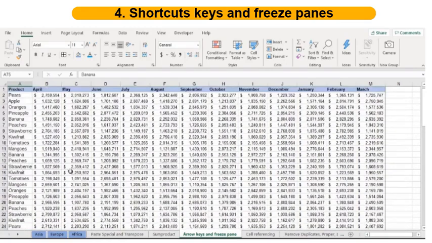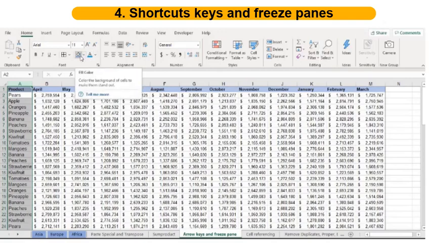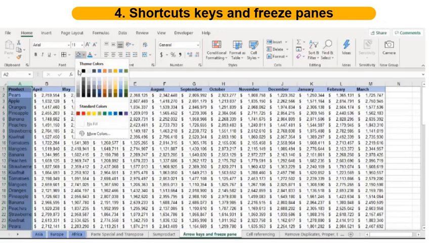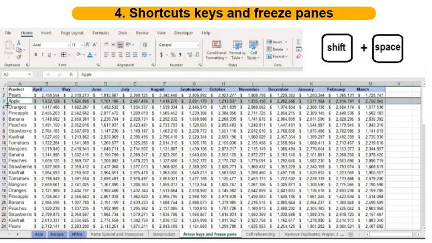So it's easy navigation. Now you want to select the entire column. So you click on the cell and you select Control Space. The entire column will get selected, and you can do anything you want to do to that column. You can highlight it, you can change the color, any formatting. So you want to select the entire row at one go. Shift Space, the entire row will get selected.